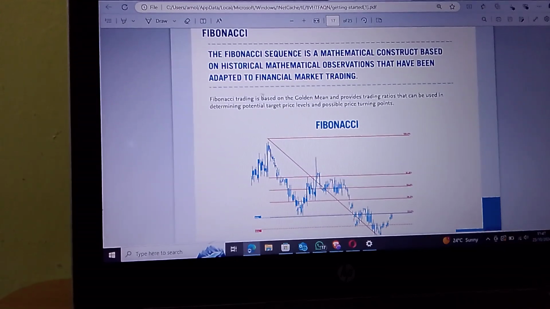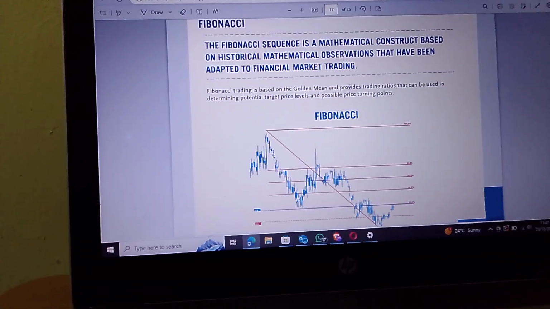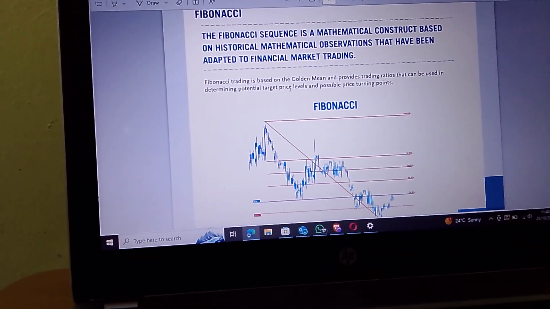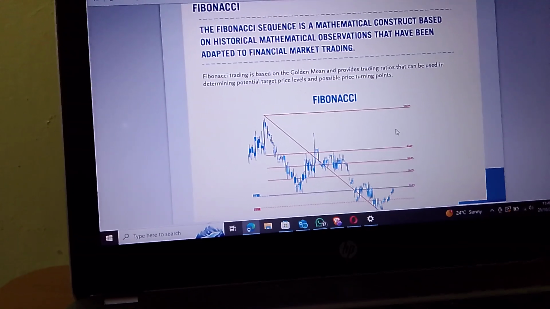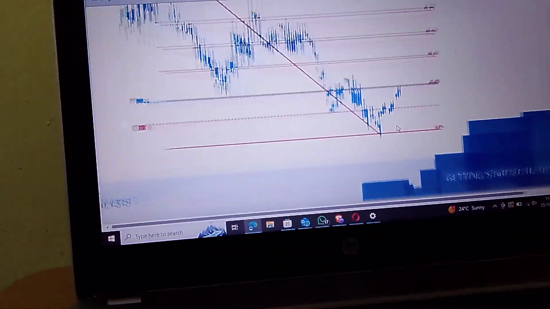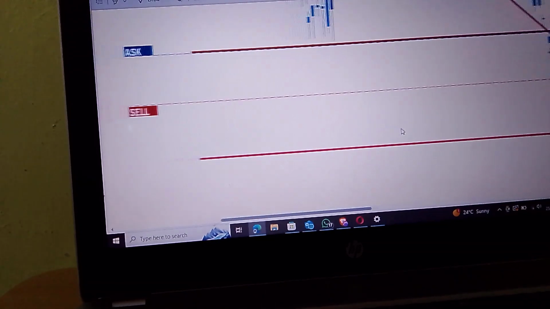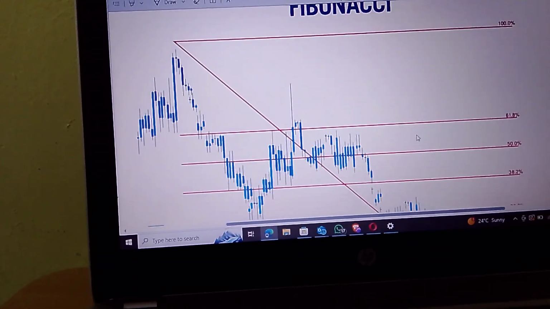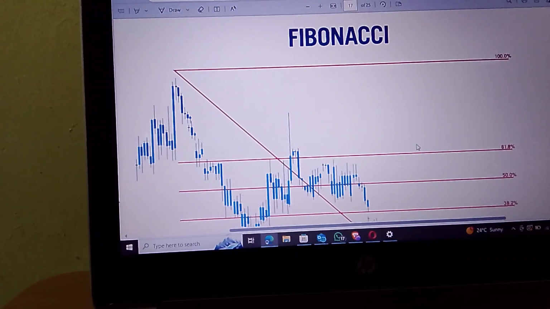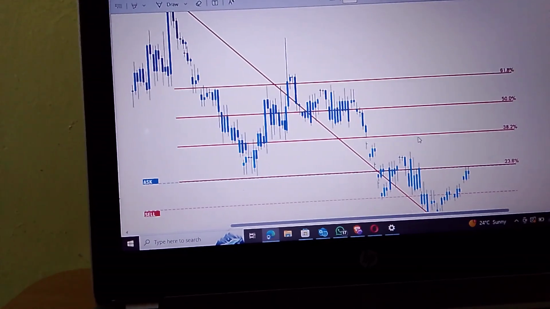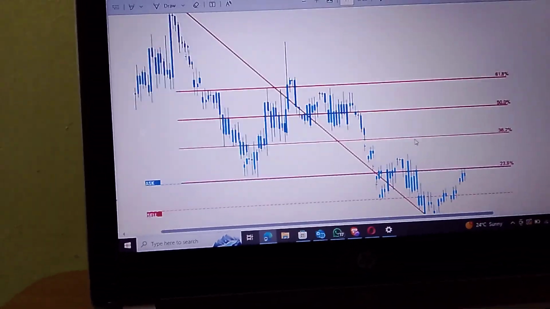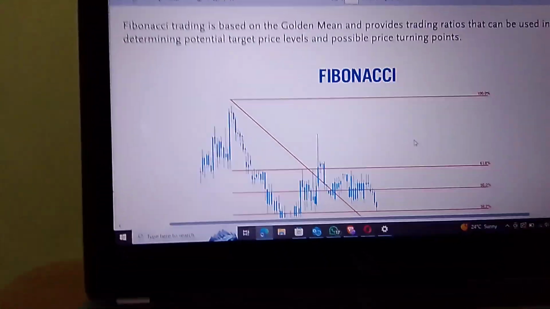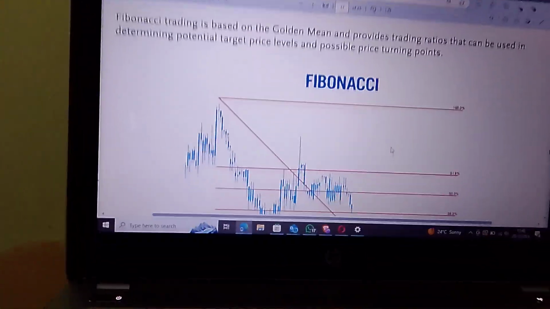So here, Fibonacci trading is based on the golden mean and provides trading ratios that can be used in determining potential target price levels and possible price turning points. I'll dedicate one video for Fibonacci, and then we'll understand Fibonacci curves perfectly, then we'll relate it to trading, and then we'll continue with the other videos. I'll sure do that before